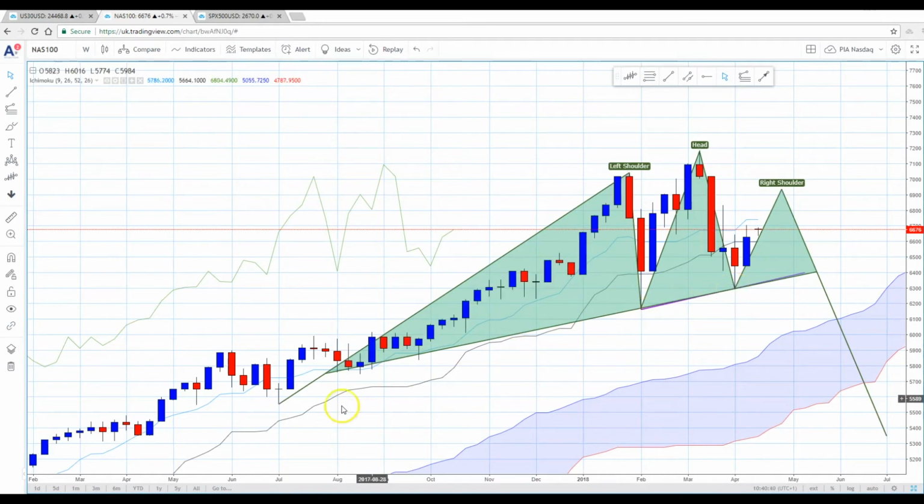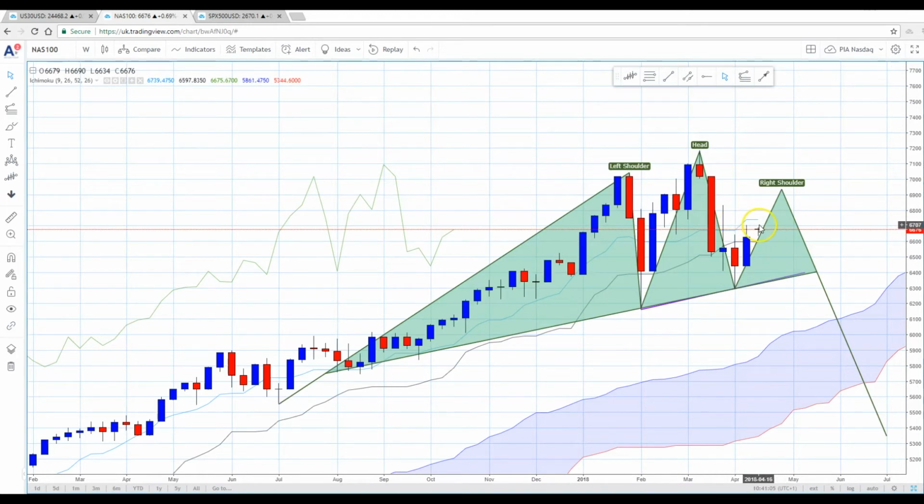Now, looking at a potential formation, we can't get too carried away with this as yet, but we can see that after posting this almost bullish hammer type candle, this has been followed by a bullish engulfing candle. So further upside is expected, but this could